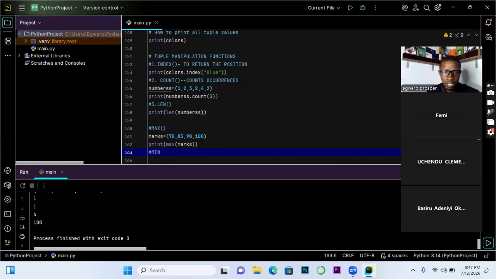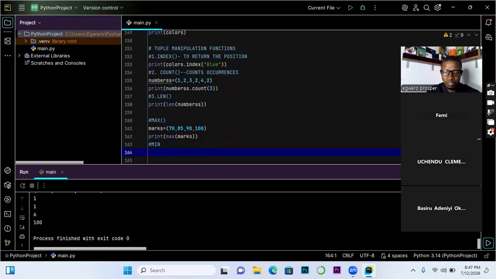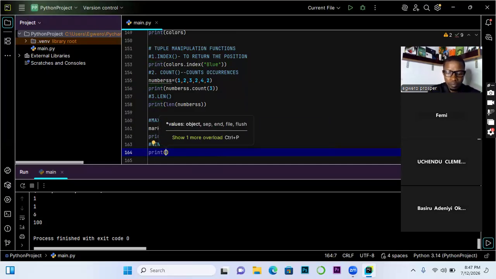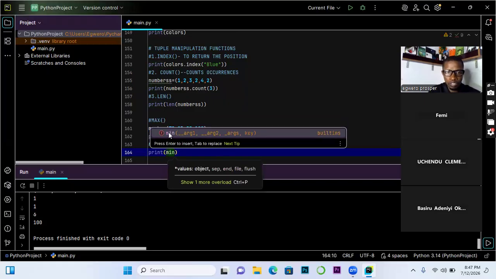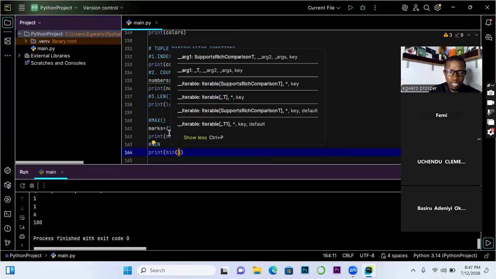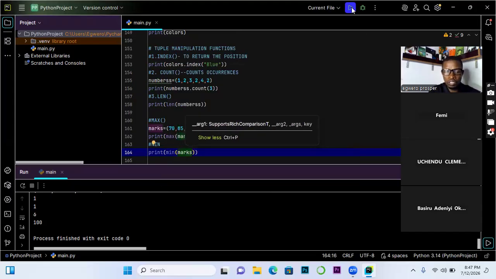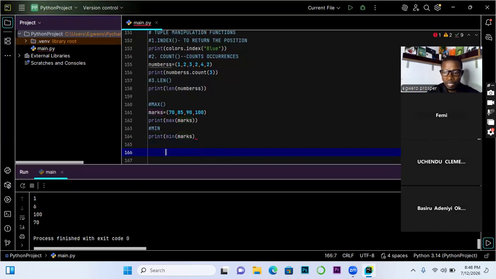The same way we can do it for minimum, actually. The minimum is the same syntax. So I can just say print, min. That is a function as well. And then we want to check the minimum value in mark 2. If I run it, I should get the minimum value, which is 70. I hope we are still together. These are very, very simple commands. I hope nobody is going to have issues.